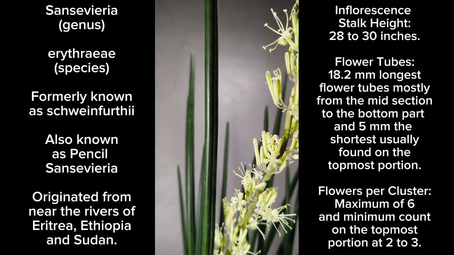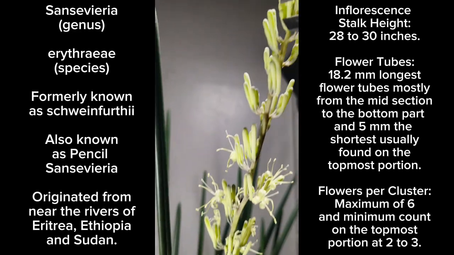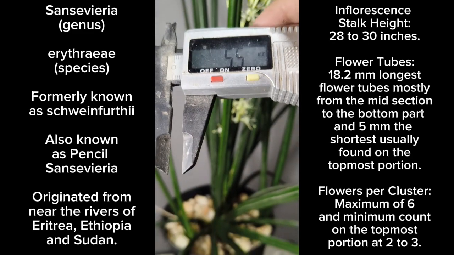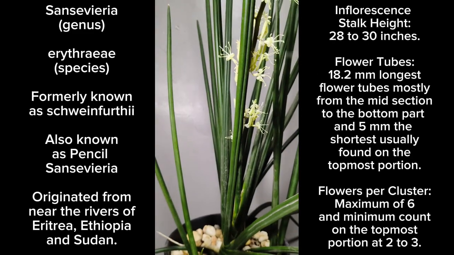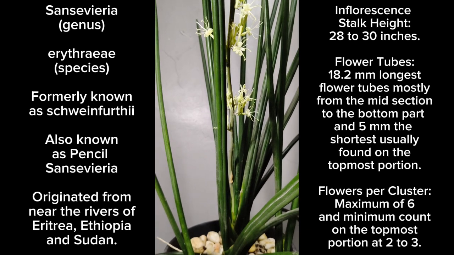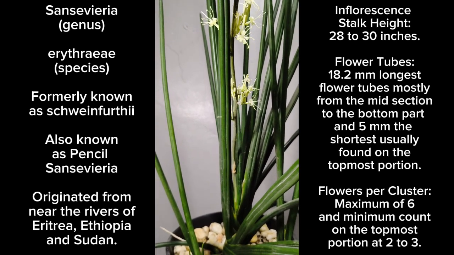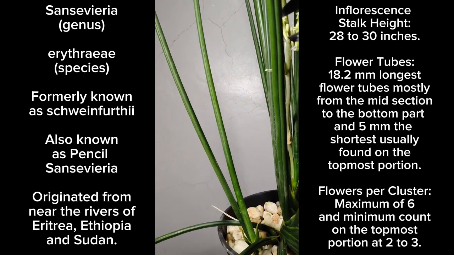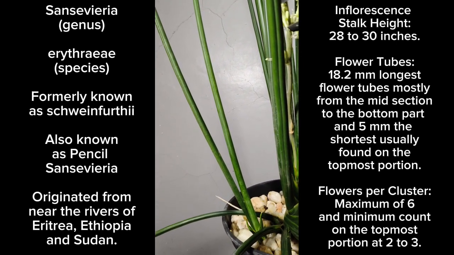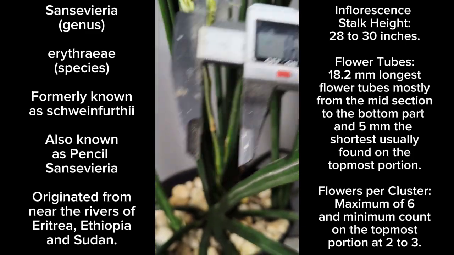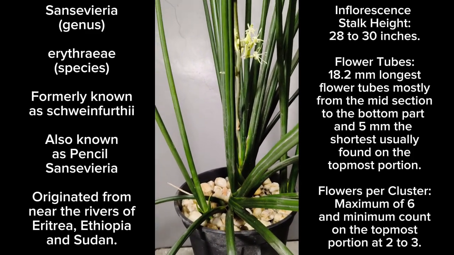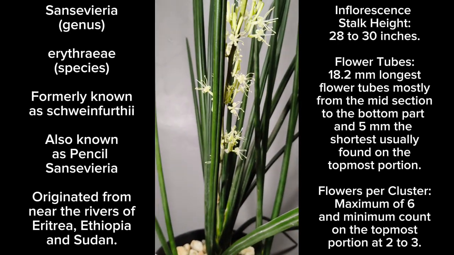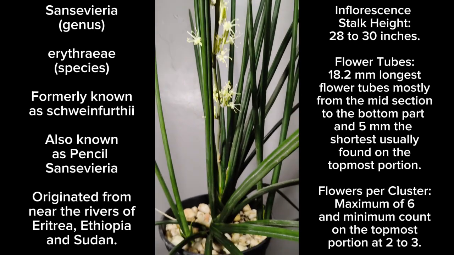There are also very, very short flower tubes on the topmost portion, which are just about 5.5 millimeters in length, and I'm not sure if they would grow longer flower tubes when about to bloom. But the ones that are about to bloom are just about 16.6 millimeters. So let's say 15 to 17 millimeters for the length of the flower tube for